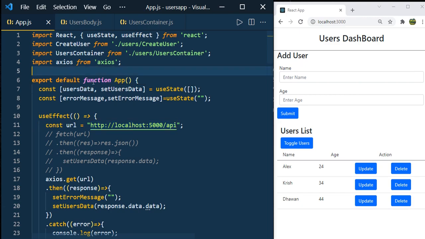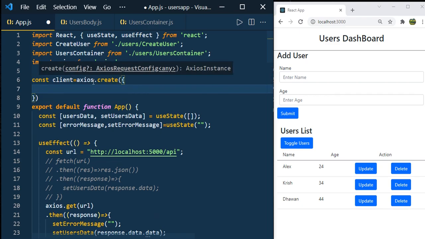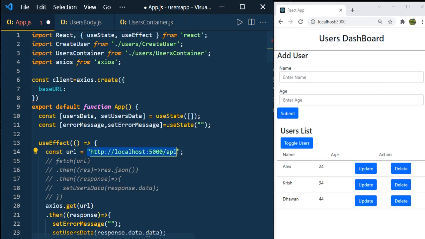So what we can do, we can simply create the instance. So constant client, you can give any name. Axios dot, it is having a method called create, and it takes the object as the input. And here let us pass base URL. Here all the letters in the URL are capital. Pass this base URL. And you can pass the headers also, not just the base URL. Save it, and now